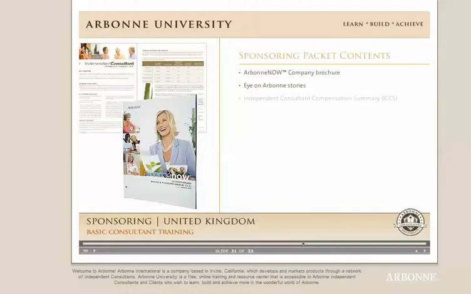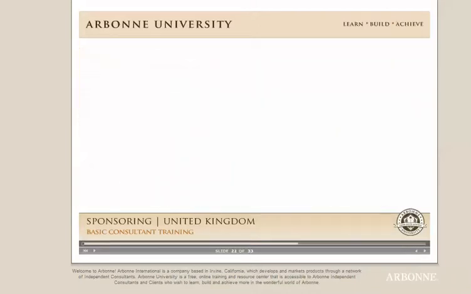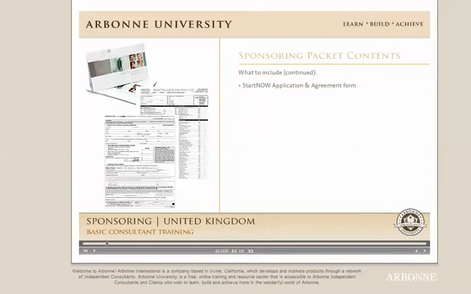Also, the Independent Consultant Compensation Summary, the ICCS, and the Success Plan Summary can both be found under the Company Information section of Arbonne's website, and you can order the Arbonne Success Plan and Policies and Procedures Manual as a business aid as well. Don't forget the application. Make sure it's signed by you and highlighted where you want your prospect to sign. Product line overview and consultant product order form and retail price list and order form are also great to include